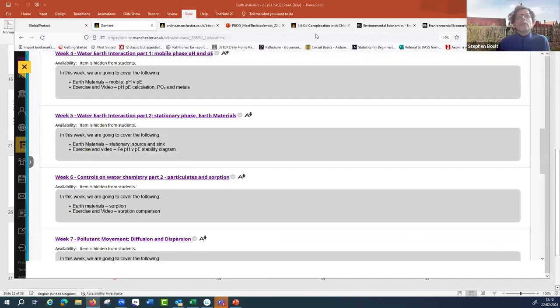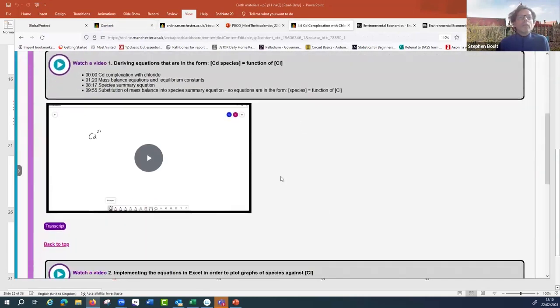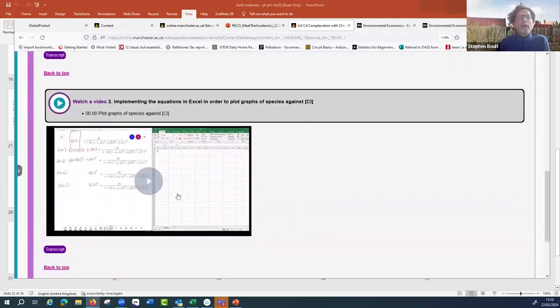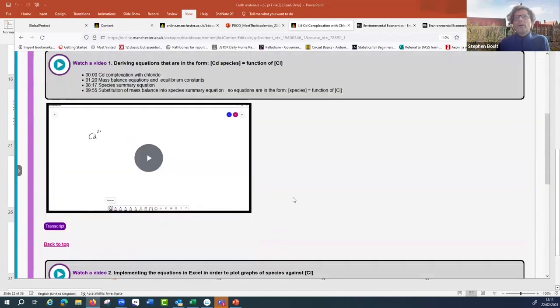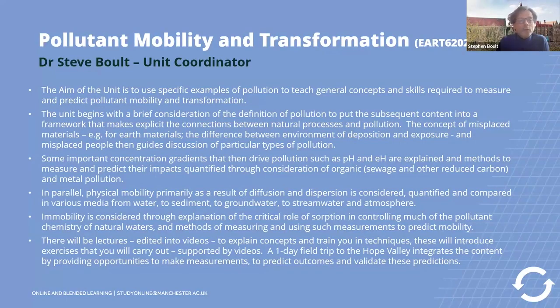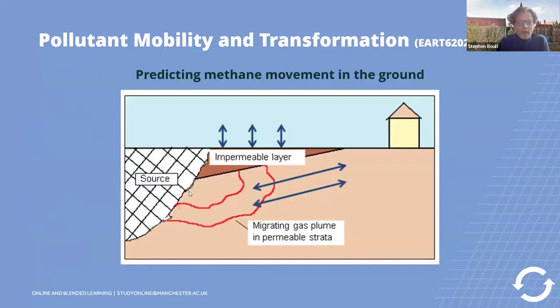And then there's a video that takes you through the calculation. And then there's a subsequent video that takes you through how to implement effectively a small model in Excel. So there's videos take you through all of that. So that's the content of the course, and hopefully give you some idea of the way that it's taught, so you can see the learning environment we use and the way that we take you through learning and through exercises as well. The final slide there is the sort of model system that we're making very simple models of,